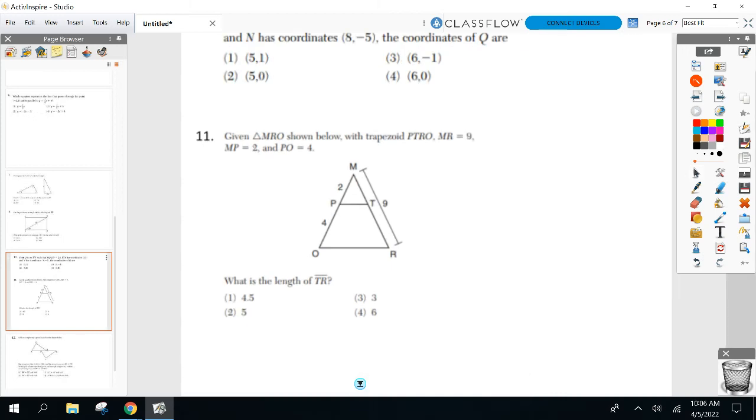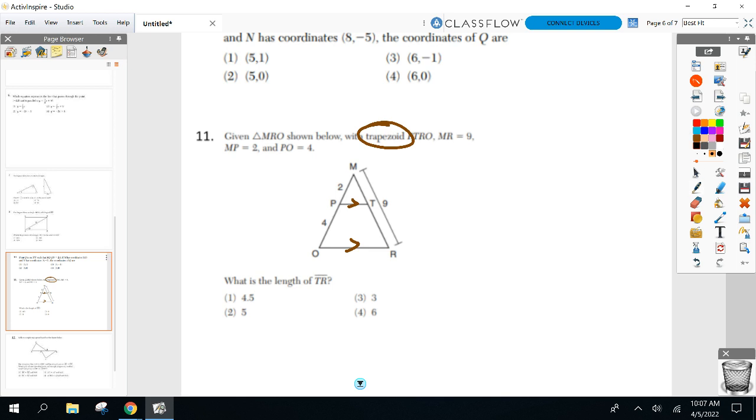Question 11. There were actually quite a few questions on here already on similar triangles. See shown below, trapezoid. The trapezoid really had nothing to do with the problem other than knowing that those two sides were parallel. That's what makes those two triangles similar. I think this was probably the third question on similar triangles on this